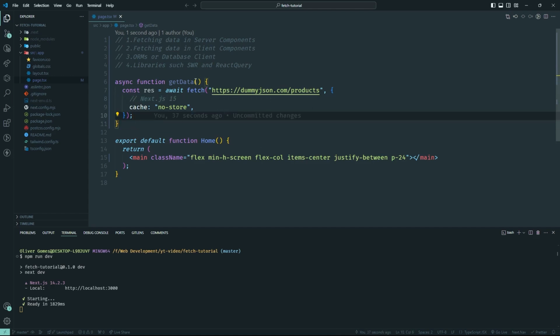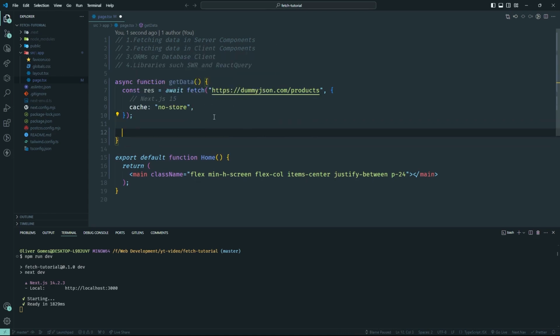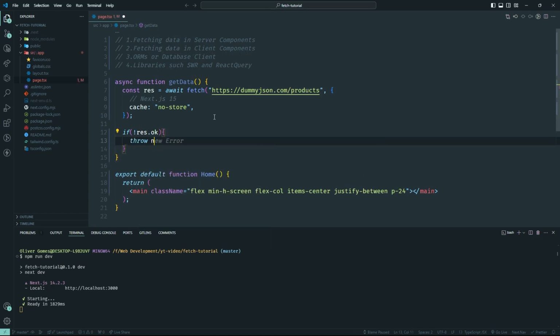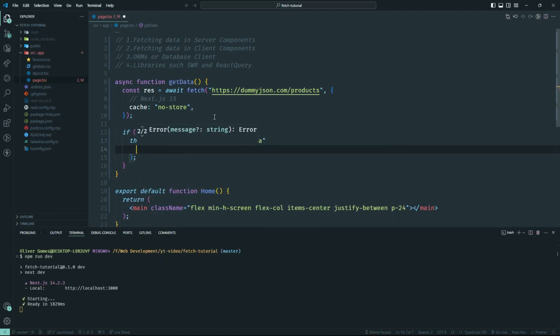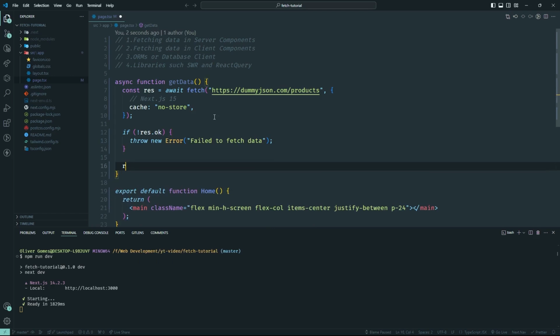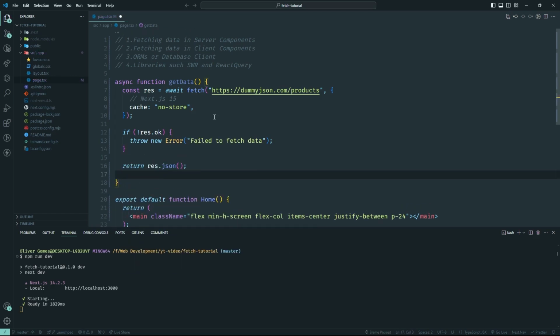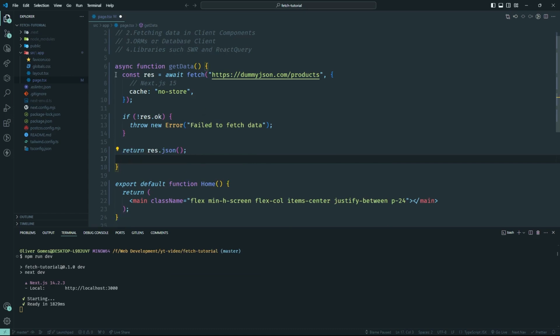So anytime you fetch data on a server component, you do this, and then I'll do some error handling. So if response is not okay, I'll say throw a new error called failed to fetch data. If not, we're just gonna return response.json over here. That's perfect. So we are fetching some data with a cache of no store, and then returning the